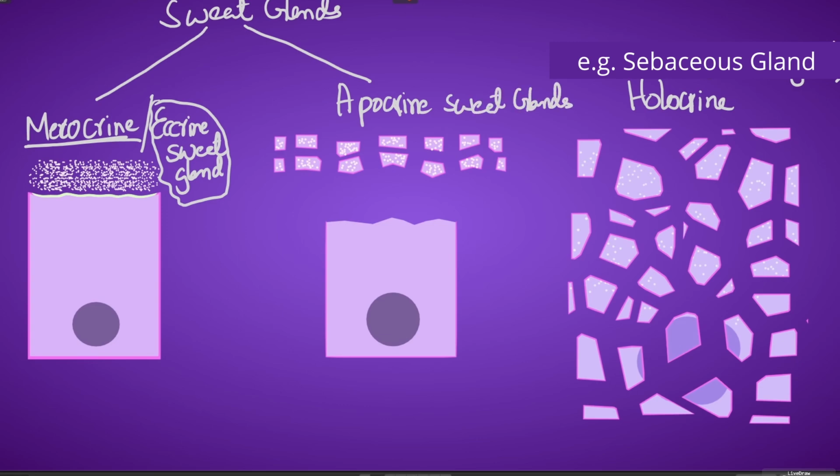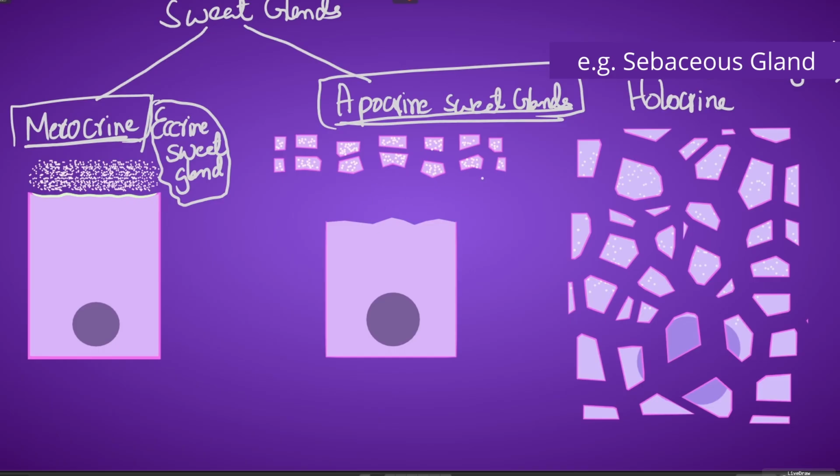Now here is the twist in the story. I told you that there are two types of sweat glands, the apocrine and the merocrine. Now you may be wondering that for the merocrine or eccrine sweat gland, it's very logical that these glands secrete through the merocrine mechanism. Well, that's true and fair enough. And you may be wondering that apocrine sweat glands may be secreting by the apocrine mechanism of secretion of the secretory products.